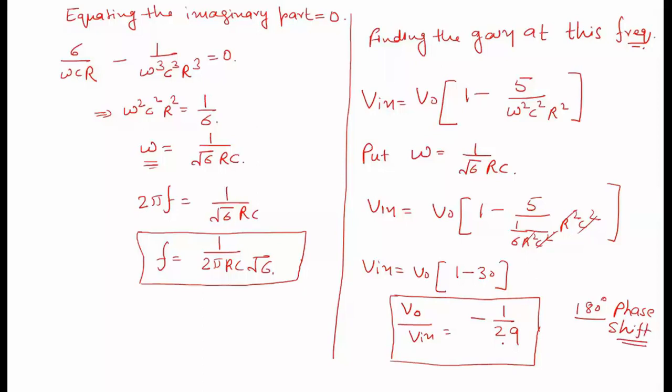As we discussed the Barkhausen criteria in our earlier session, we know that the loop gain should be equal to unity. So here we have found the beta, that is equal to minus 1 by 29. So we can say that for loop gain equal to unity, A beta should be greater than unity. If the beta is equal to 1 by 29, so we can say that A should be greater than 29. So we have to use the transistor amplifier whose gain is greater than 29. So this is the formula for this ideal kind of amplifier.